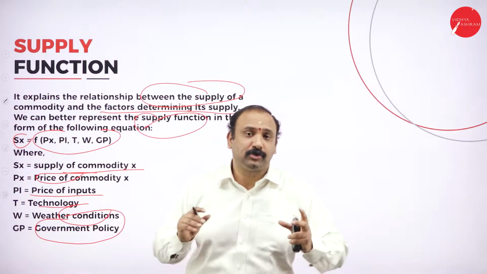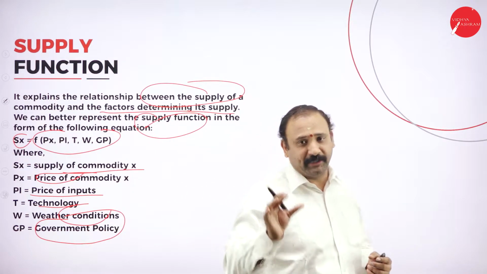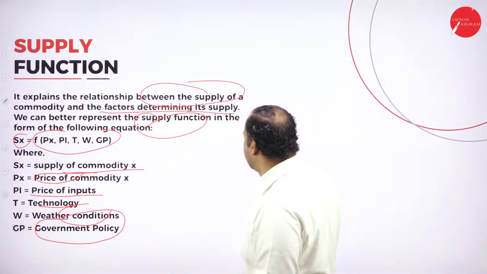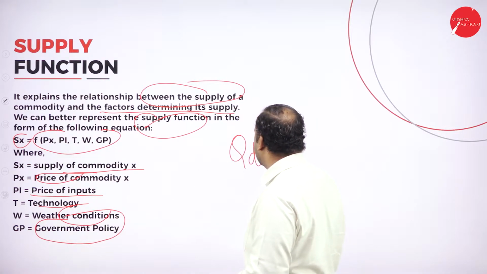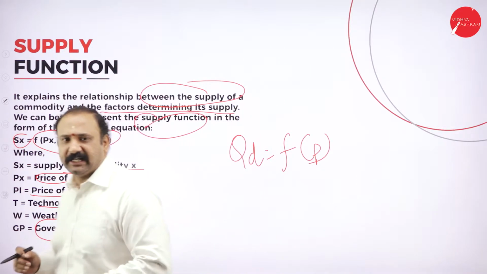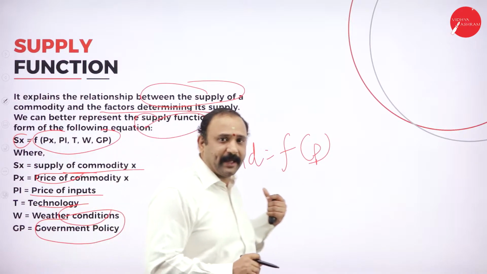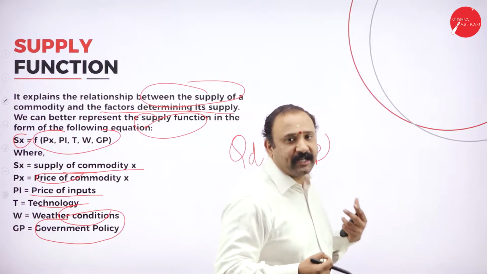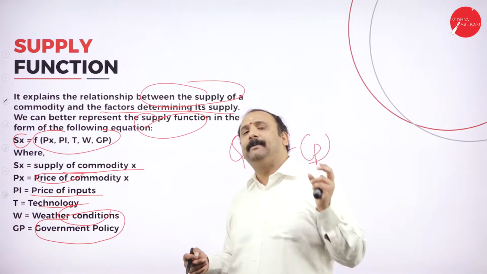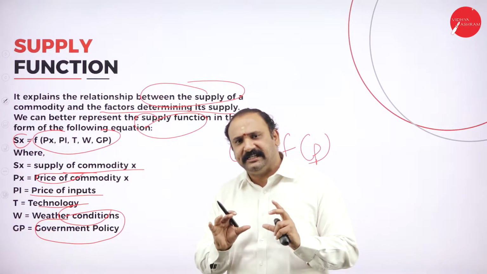Now, why are so many things coming in for a supply function? When we spoke about demand, if you remember, there was just one simple thing. So when I say that quantity demanded QD is equal to function of P, that's all. It was just a plain straight equation, one simple factor. But then when I talk about supply, so many factors are coming into picture. So is that supply so complicated for all of us to understand? The answer is yes.